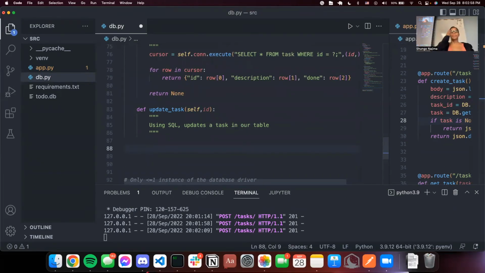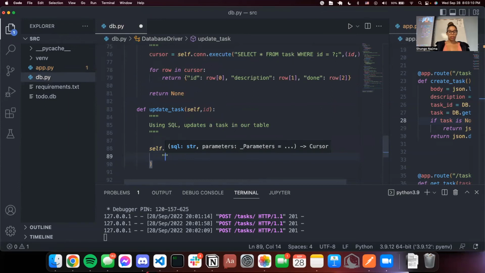And, oh yes, just update. It's going to be update task, and then, all right, let's go through it now. So self.con.execute. This is going to be a little bigger, so I'm going to use the doc string. It should be the same though. So we're going to update